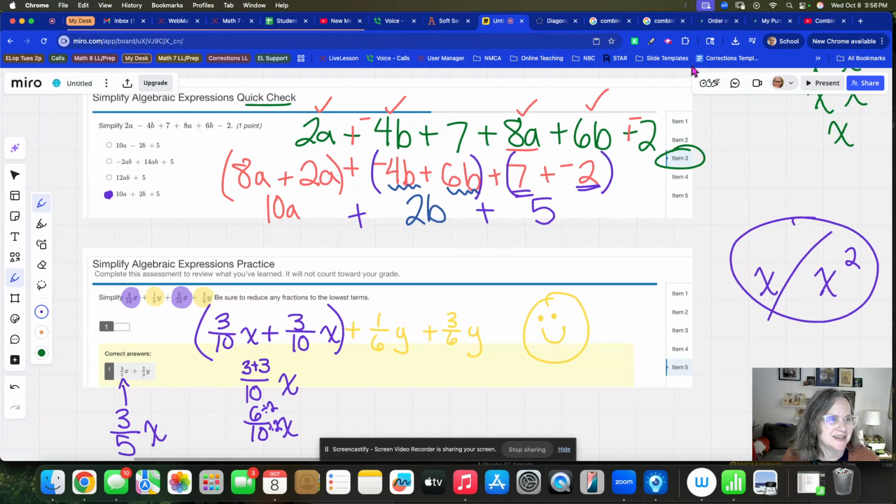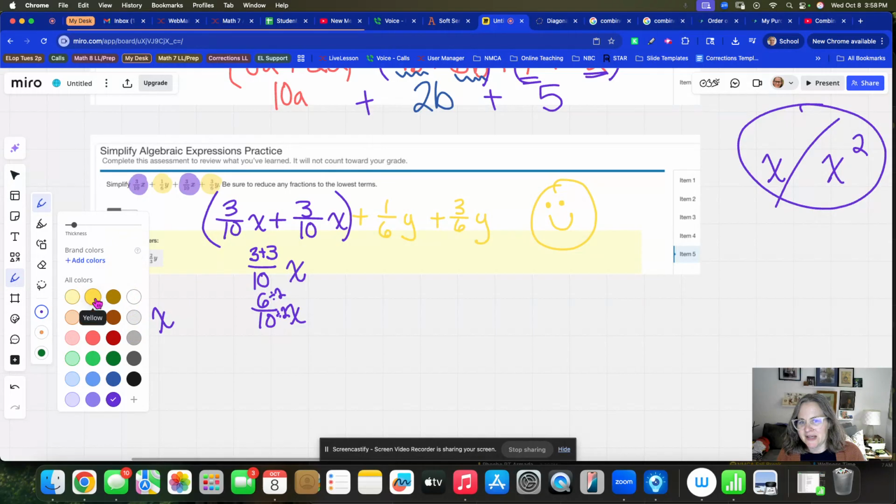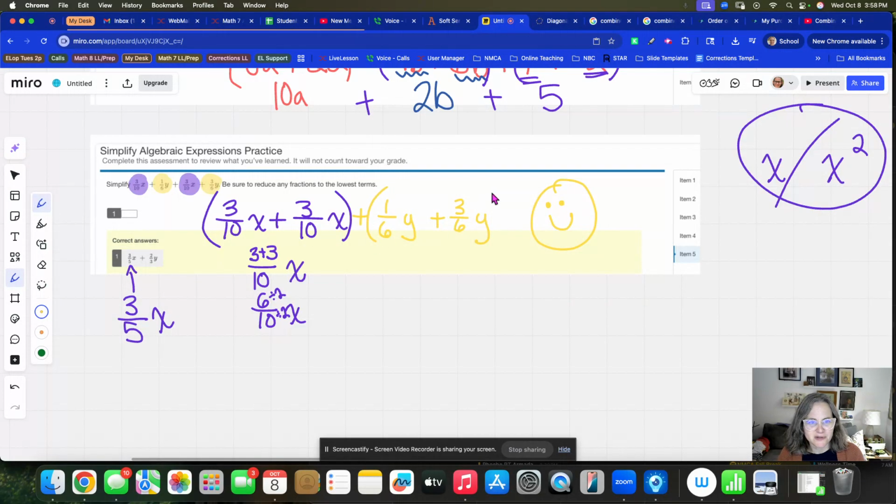Hold on just a sec. Okay, so they've simplified that, and that's why they have 3/5 x. It's the same as 6/10. Let's do the y's now. All right, let me get my yellow. So I'm going to associate these two together. I'm going to add them together. So the denominator will still be 6, and then I'll add the 1 plus 3, add the numerators, and we